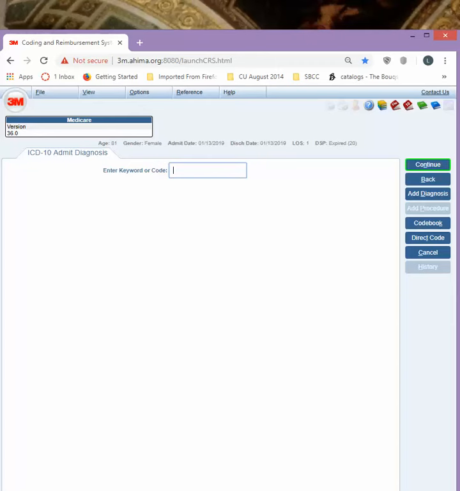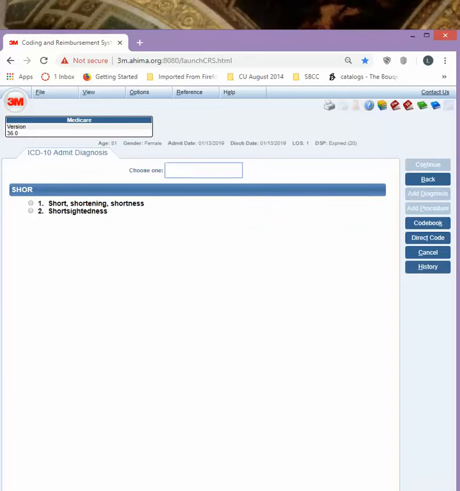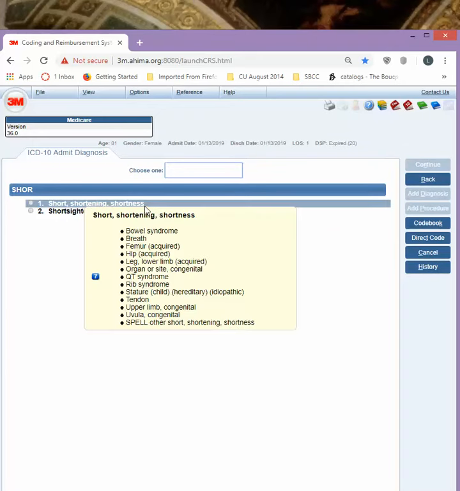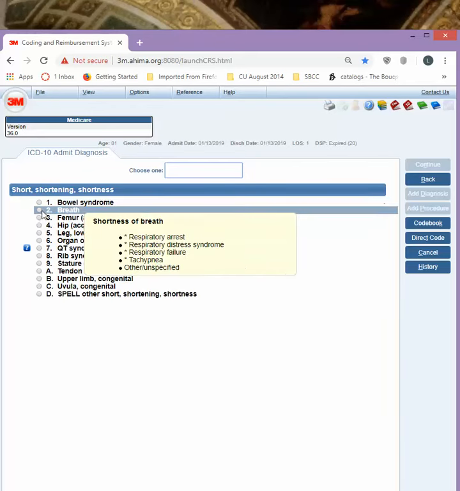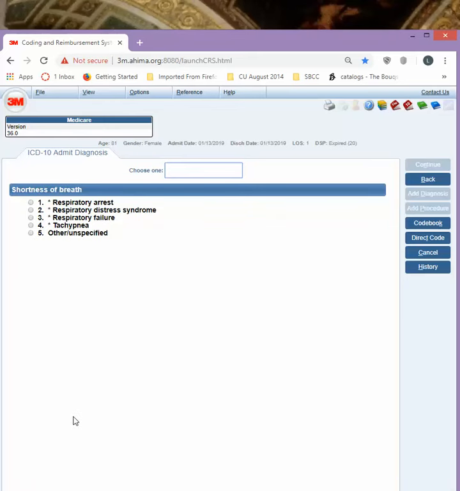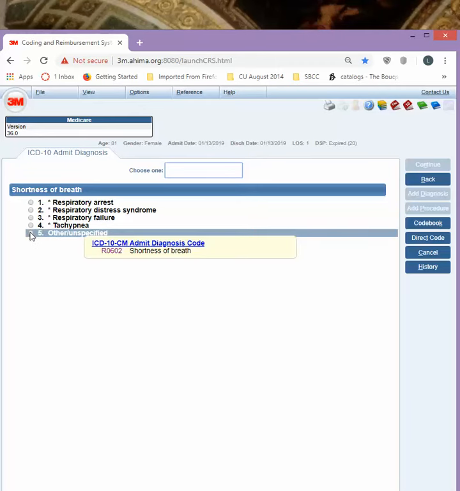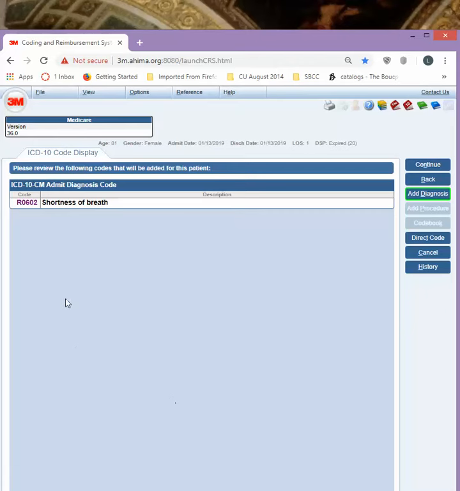This patient was admitted with a diagnosis of shortness of breath. Remember that the admission diagnosis and the principal are not always the same thing. In the example, I typed in the word shortness, and we're going to do that here. We have choice for 1. Then we choose breath, which is option number 2. And we are not coding anything else because this is only the admission diagnosis. This is not the principal. So we choose other, and we're given the code of R06.02,